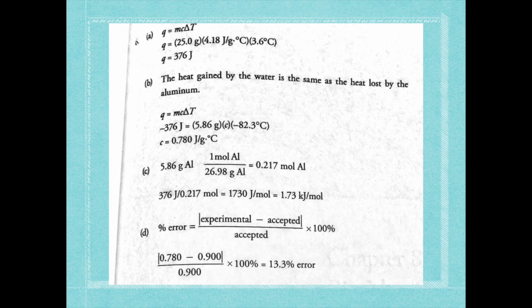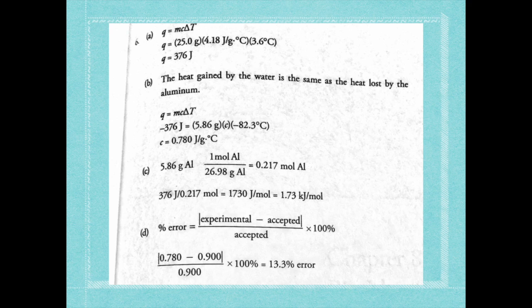So just as a quick review for your changes in temperature, water goes from being 23.2 to 26.8. That's why your delta T is positive because it's TF minus TI. While your aluminum goes from 109.1 to 26.8, which means that your delta T would be negative because it's losing heat. Okay. For C, it says calculate the enthalpy change for the cooling of aluminum in water in kilojoules per